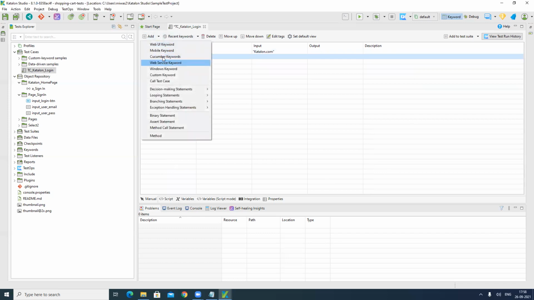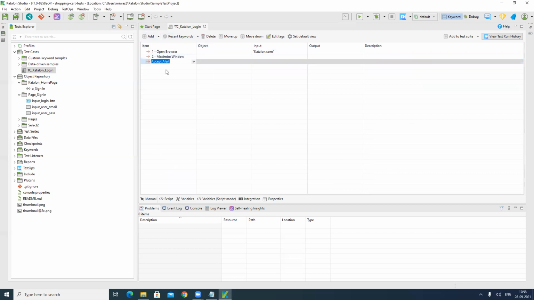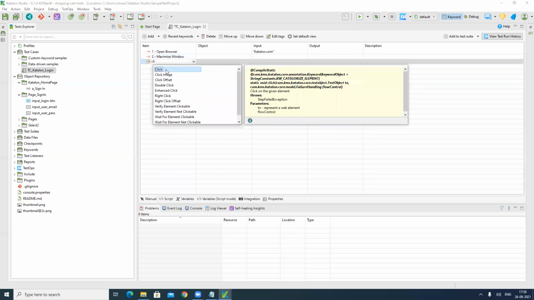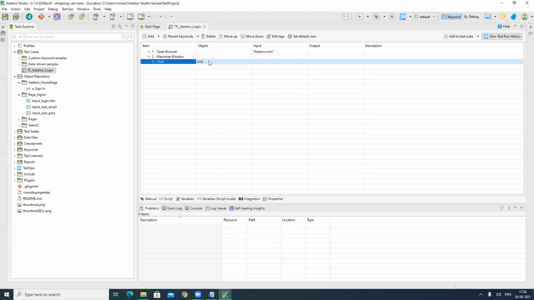Next action is clicking on sign in, right? Just click, then choose the object you want to click on. You have to click on the sign in link of the home page. You just need to drag and drop like this, and it will automatically add that object reference for that particular action.